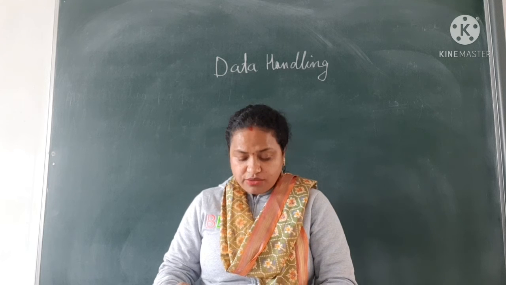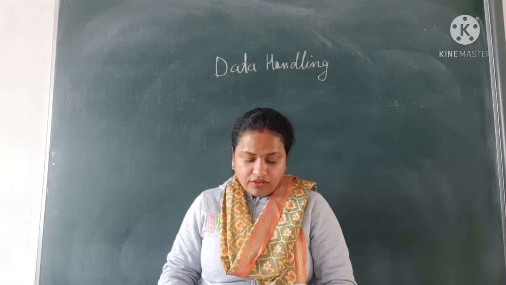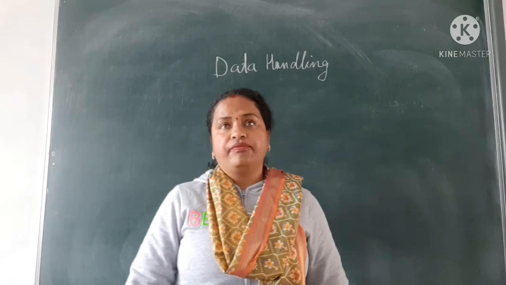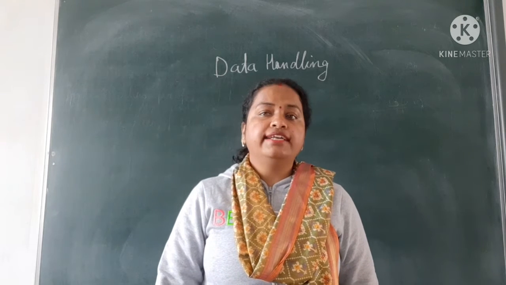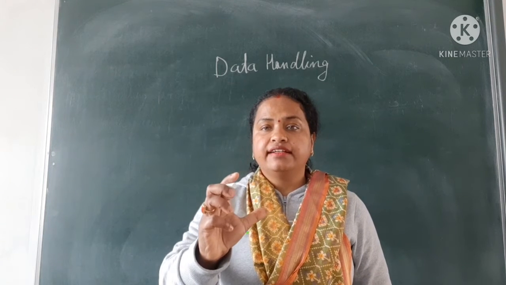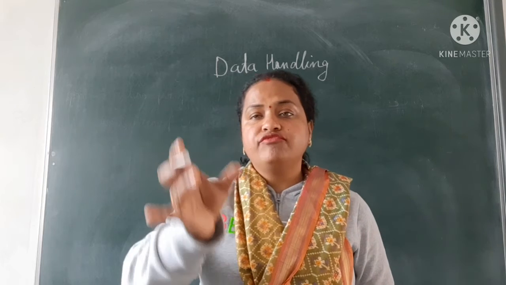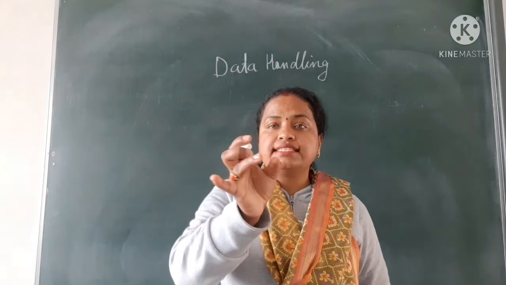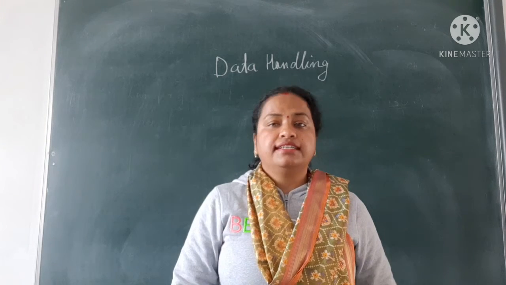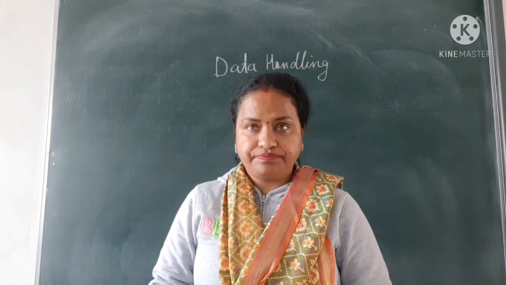Each numerical figure in the set of data is called an observation. Third point, what is observation? Each numerical figure in the set of data. Suppose I say apple, and there are 10 apples, so the number of apples in a group is 10. If I talk about bananas, the number of bananas in one group is 20. This particular number of figures I am showing is said to be a data or observation.